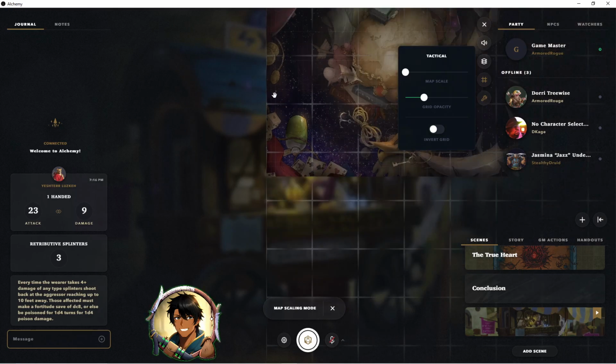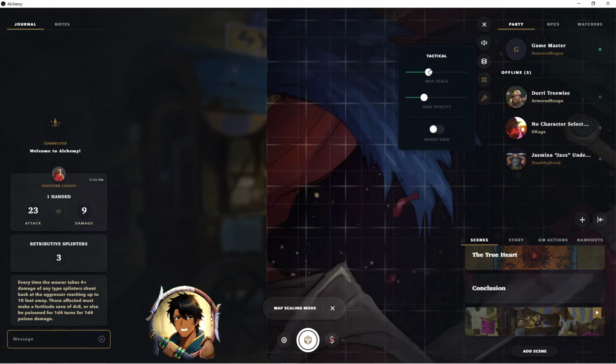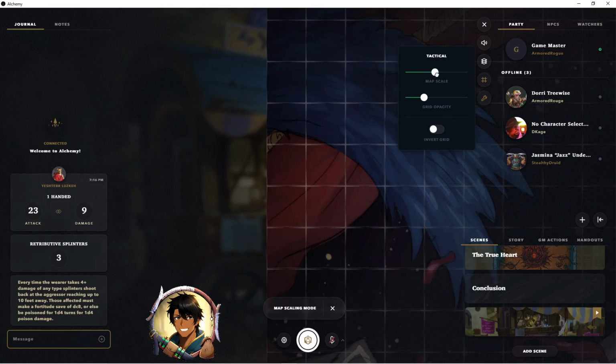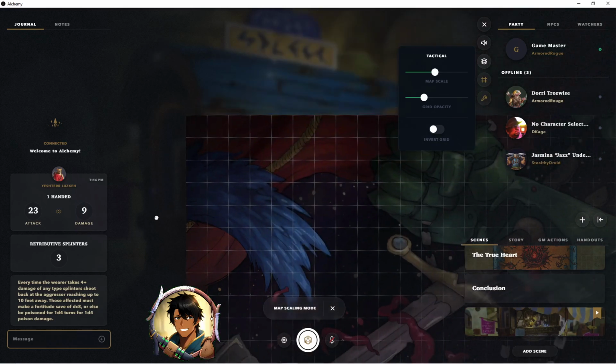Apparently you can zoom out much farther than I was told before. But that's fine. There we go. That's slightly misaligned now. Ooh. Perfect. Alright. So what you want to do for scaling